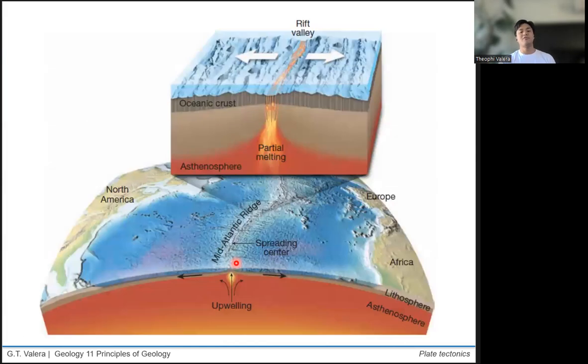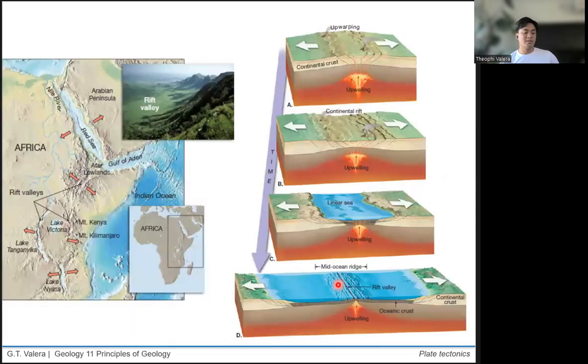Okay, so this is an example of a spreading center. This is the Mid-Atlantic Ridge, the spreading center which separated North America from Europe, South America from Africa. But of course, it must have started as continental crust that was spreading, and this spreading may be due to, kunwari, you can think of the, ano kanina, yung hotspot. Some say it's the hotspot, which led to the weakening of the overlying continental crust, eventually leading to rifting like this, continental rift, until eventually it formed a linear sea until eventually an ocean.